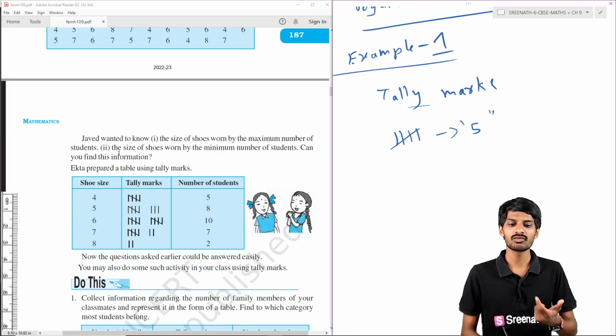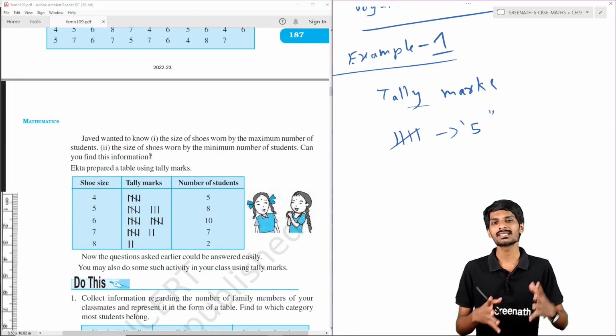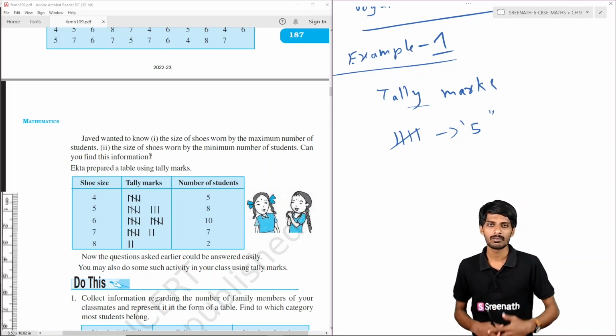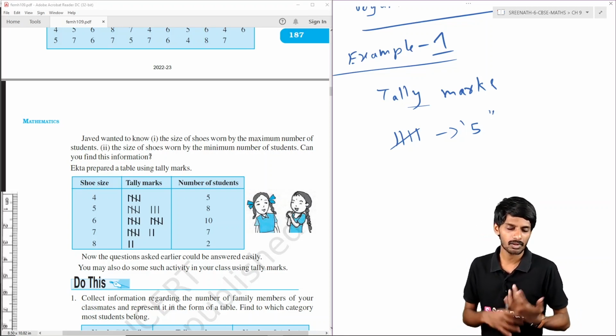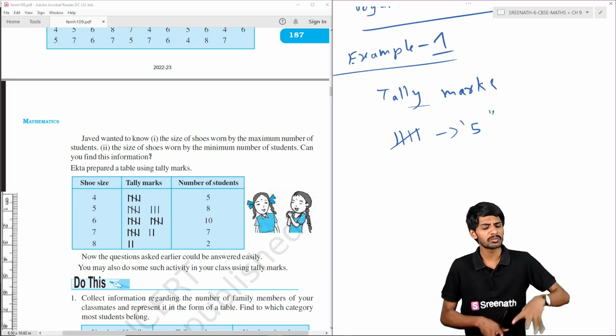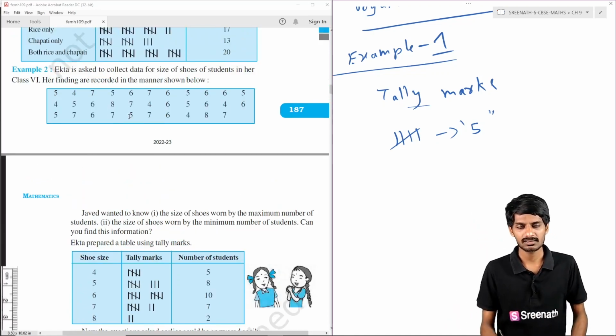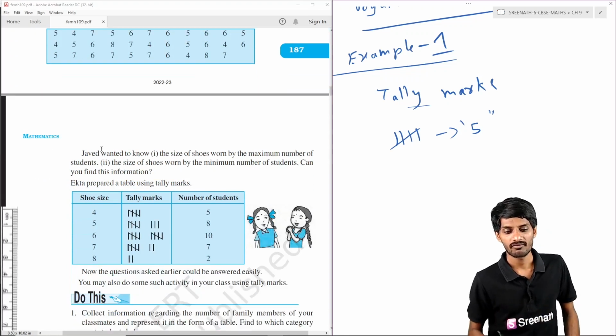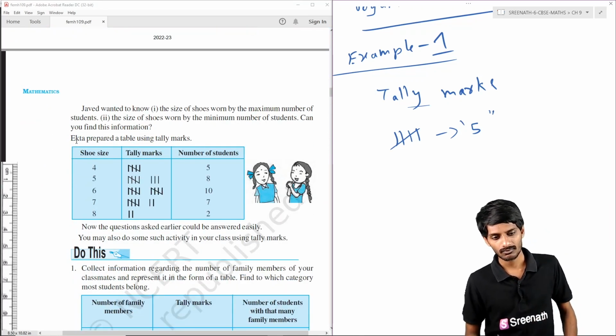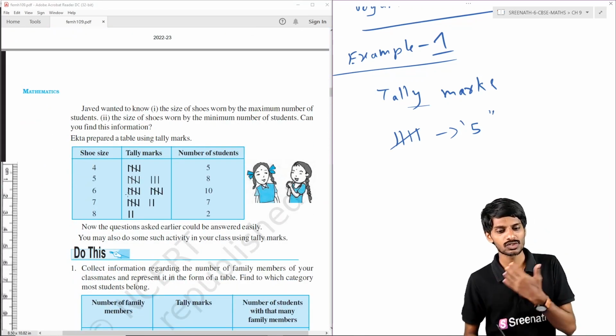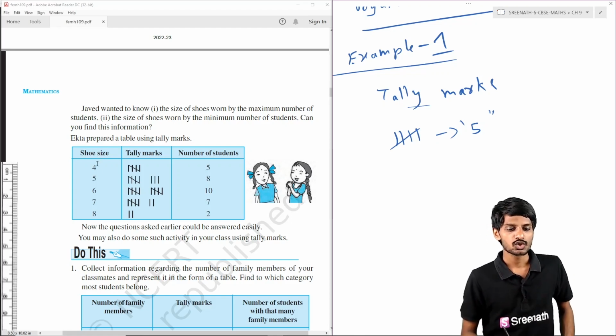So Jade wanted to know the size of shoes worn by the maximum number of students. So what size will the maximum number wear? Which size did the maximum number of students wear, and which size did the minimum number of students wear? So can you get the direct information for this from this table? No. For that, Ekta has prepared a separate table using tally marks, so that for shoe size 4,